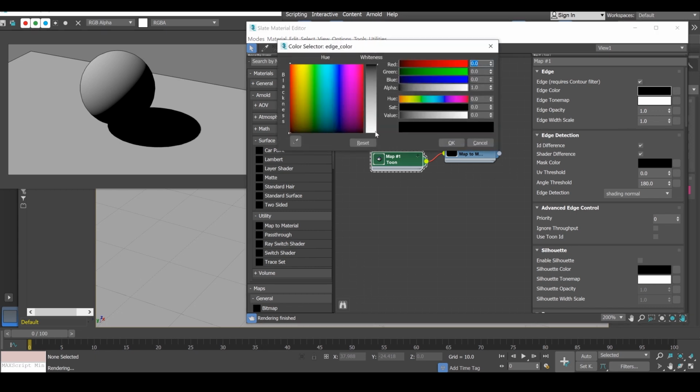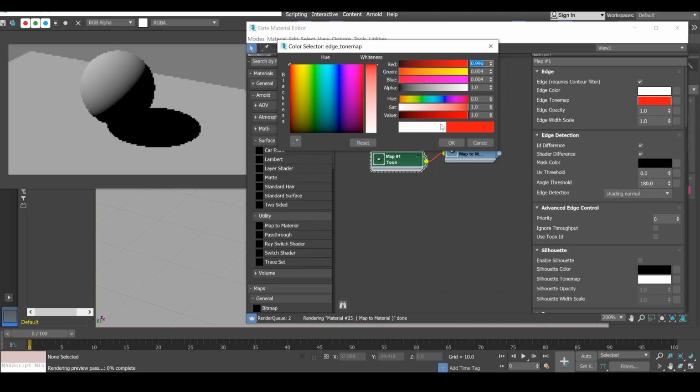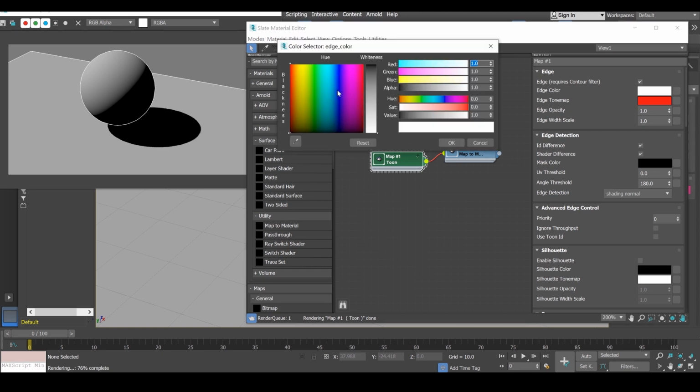So if I have this one set to white and the tone map set to red, then nothing changes, right? But because it's an overlay, like multiply in Photoshop, if here I have it set to blue,